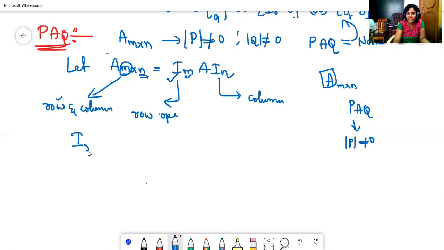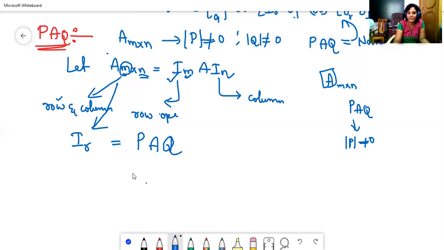Normal form is any one of the normal forms: either I_r 0 in row, I_r 0 in column, or I_r 0, 0, 0. Then the A matrix is reduced to the identity matrix. After applying row and column operations, the left identity matrix is reduced to the P matrix. A has no change. Why? Because we never apply any operation in between the two identities of the A matrix. We only apply the operations on the identity matrices. Then the right-side identity matrix is reduced to the Q matrix.